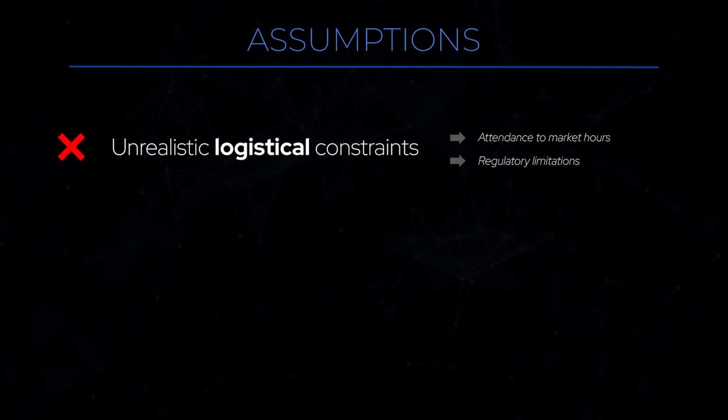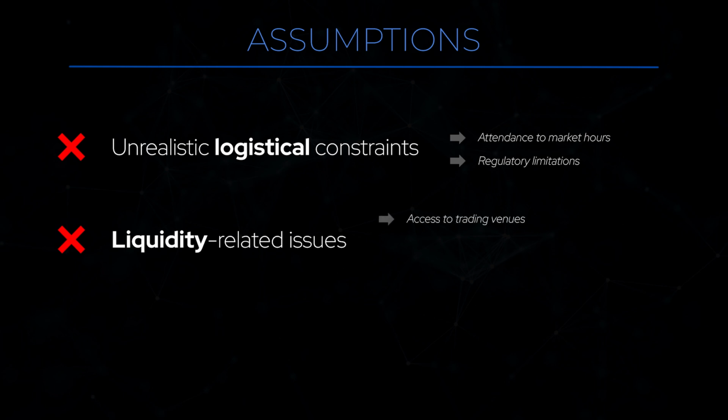The second way your strategy will be hardly replicable is because of a gross underestimation of liquidity-related issues. And contrary to popular belief, liquidity constraints tend to affect retail more than institutional traders despite their much smaller order sizes. This is mainly due to the fact that retail does not have access to the myriad of liquidity pools and private venues that institutions do through their prime brokerage, and particularly when it comes to executing block trades. Retail traders, on the other hand, are captive to whatever venue their brokers will route their trades to, and this